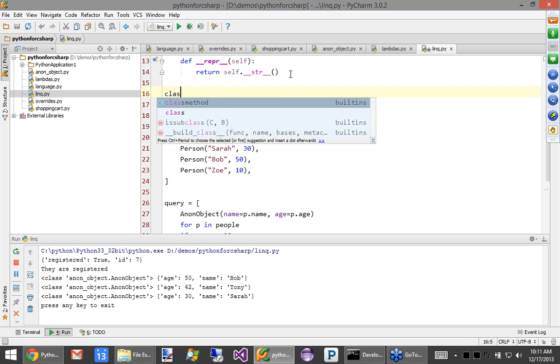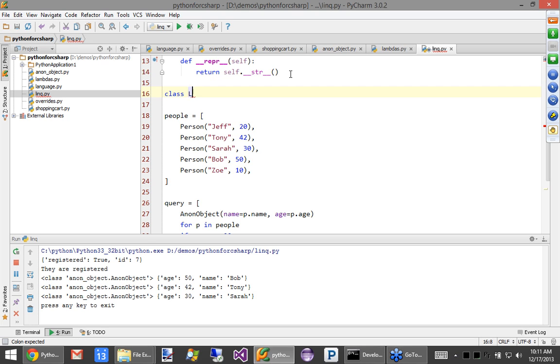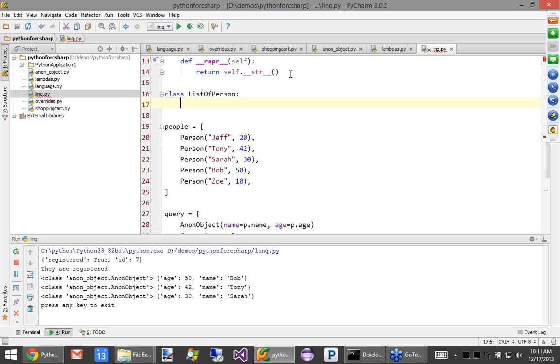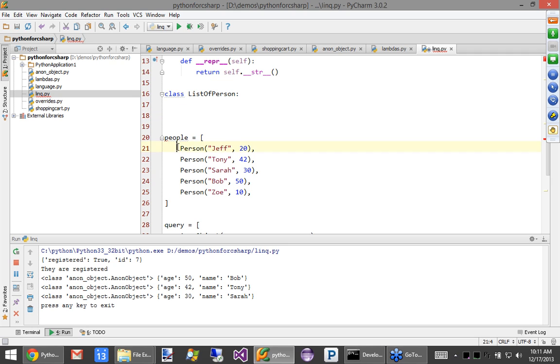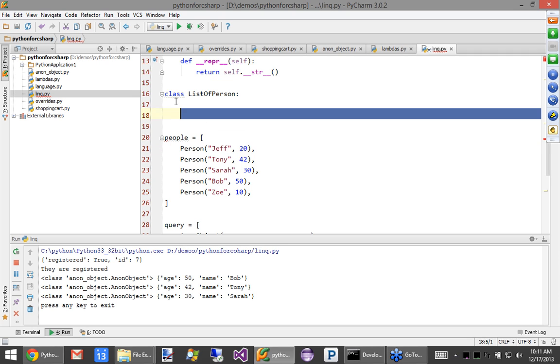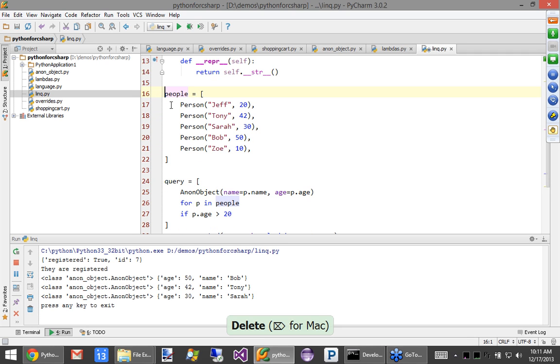I could say class list of person or something like that. I mean, this is obviously not great, but I could then override this and say if the type of the thing you're adding in there is wrong, then crash, if it doesn't derive from person. But generally, you don't find it's really necessary so much because you don't have as much strong typing in the language, even though all the objects you create are strongly typed objects with inheritance.